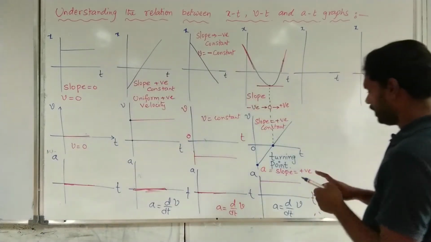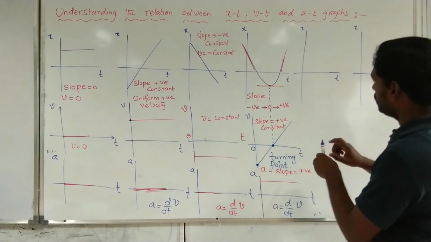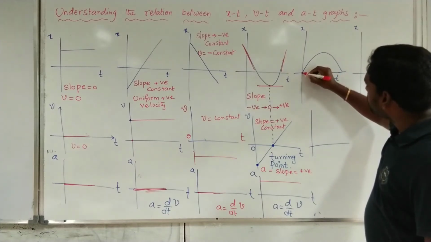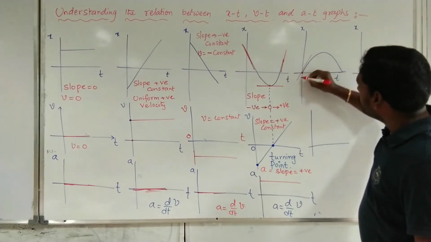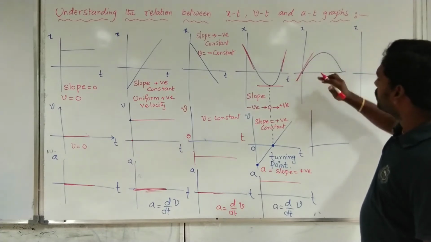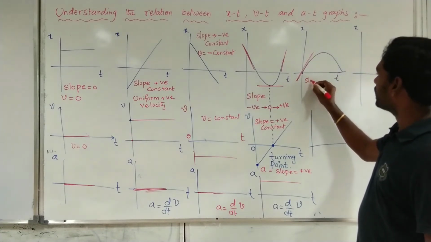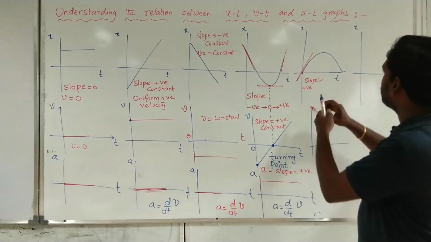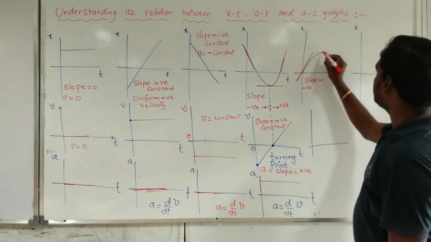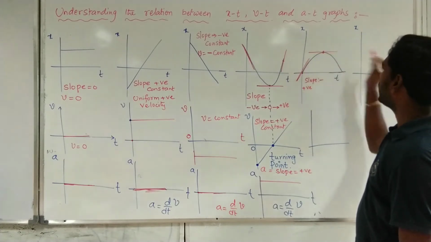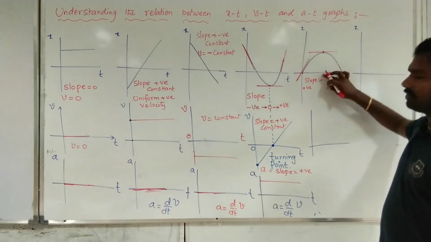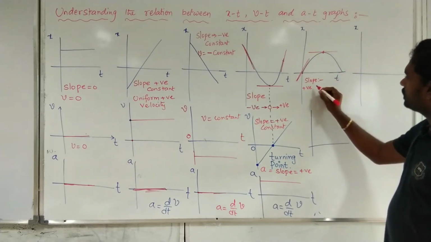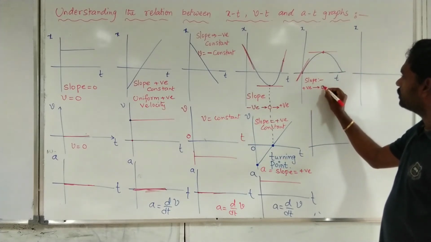Now, we look at another graph here. If the xt graph looks like this, consider three different points again. At this point, draw a tangent and this tangent is upwards. So the slope is positive for this xt graph, initially positive. At this point draw a tangent. A tangent is nothing but a line which has only one point of contact, and again this tangent is parallel to the time axis, the x axis. So the slope is equal to 0, that means the slope is changing from positive to 0.